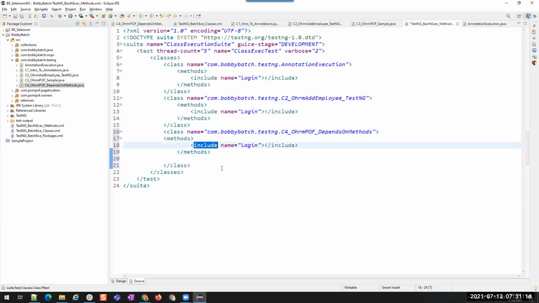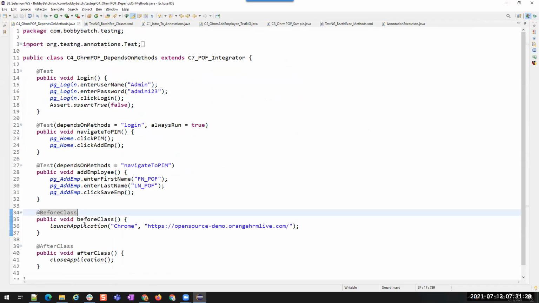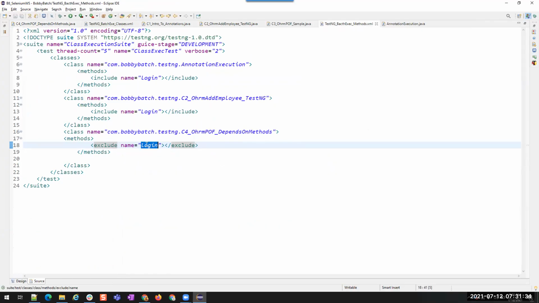Now I don't want to have include, but I'll say let's exclude. Which method do I want to exclude from this C4? Where is that? Yeah, I want to exclude this method. So I'll copy this method name. That's all.